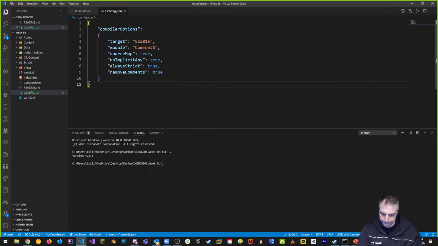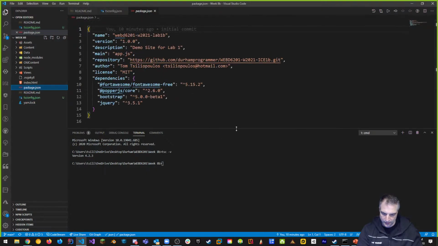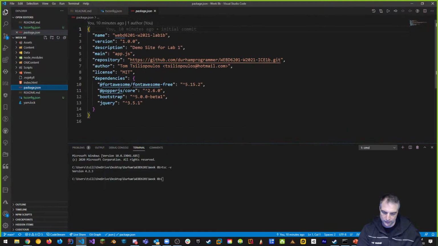All right, let's do some basic things now. The next step is really looking at my package.json file, and I have some dependencies that I have right now. I have Font Awesome, which is a project, Popper.js, Bootstrap, and jQuery. We use jQuery for a lot of our stuff. So wouldn't it be nice if we get some really great support from TypeScript for jQuery to give us additional type hinting and code hinting?